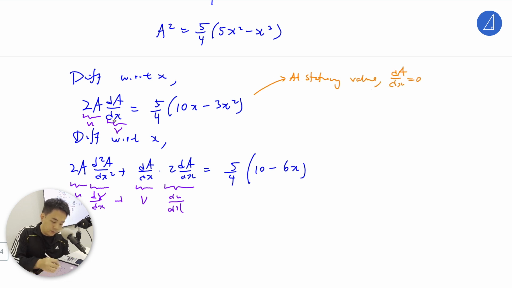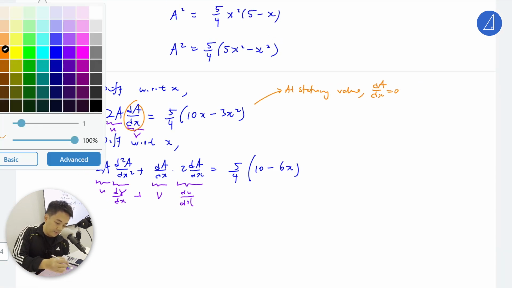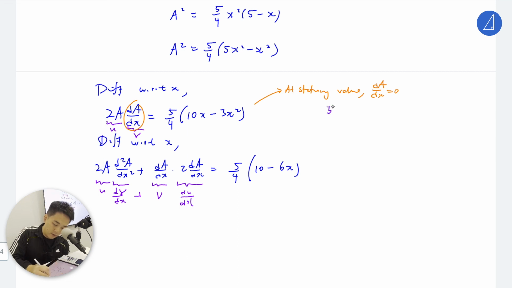So you can just sub this as 0 here. So this case here will be 5 over 4 x squared. Because it is 0, so then